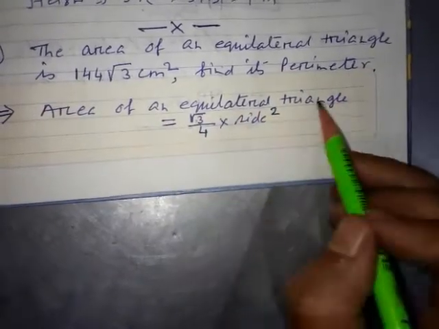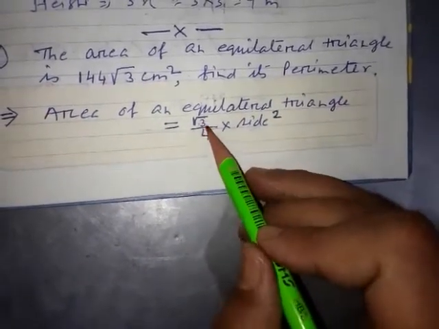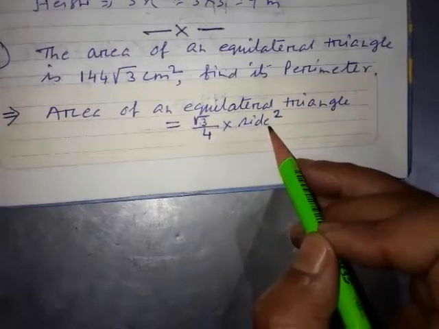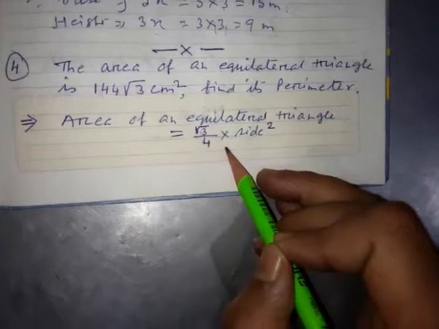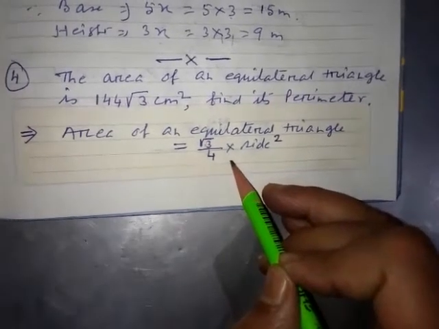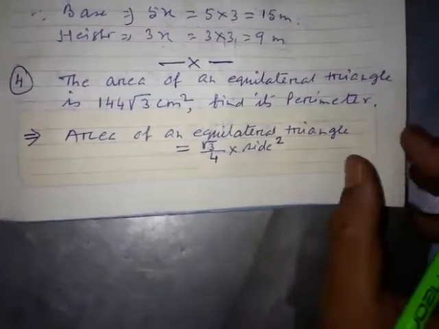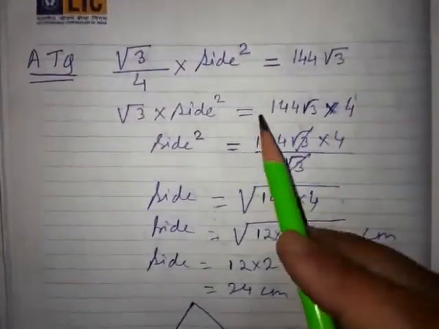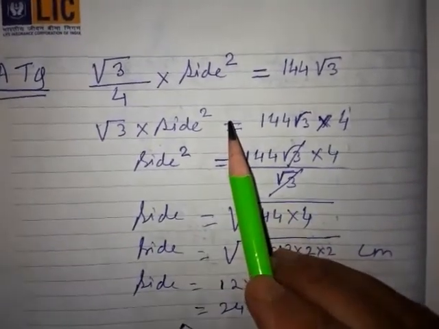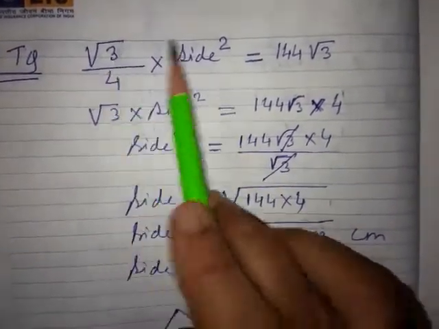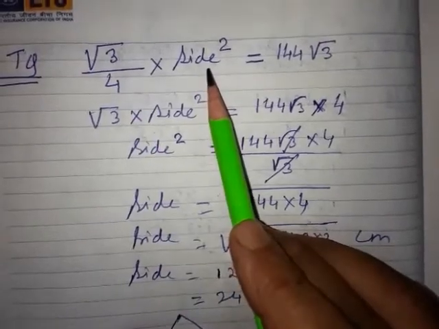So area of an equilateral triangle, yesterday I explained to you, root over of 3 by 4 into side square. How it came? With the help of the formula, because equilateral triangle is a triangle whose all the sides are same. Yesterday I explained by the help of the formula root over of s into s minus a into s minus b into s minus c, how this formula came. So directly I put it into the formula.